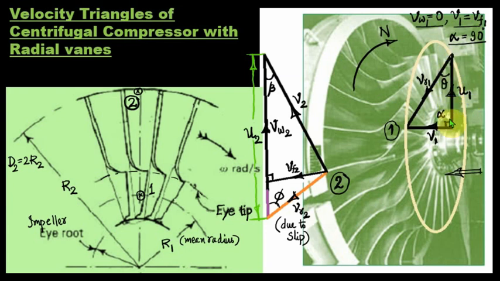So with respect to the direction u1, we are marking all the angles. The inclination of the v1 absolute velocity is alpha, and the inclination of the relative velocity with u1 is theta. So Vr1 and V1 form a simple right triangle. But remember, in this right triangle, unlike what we discussed in the case of centrifugal